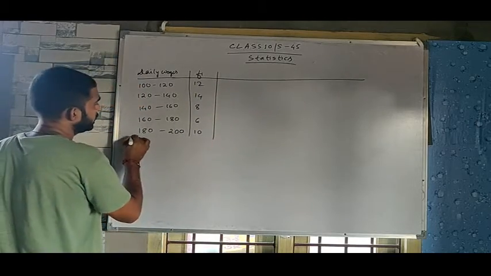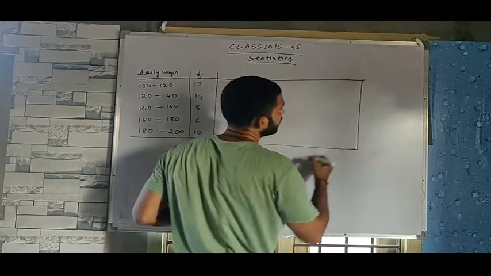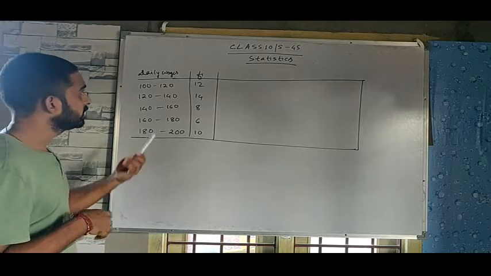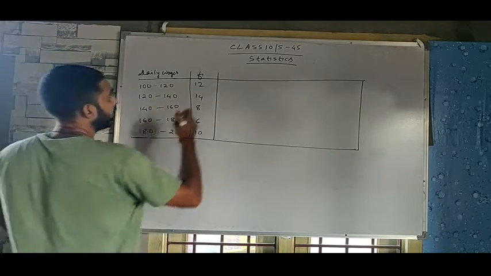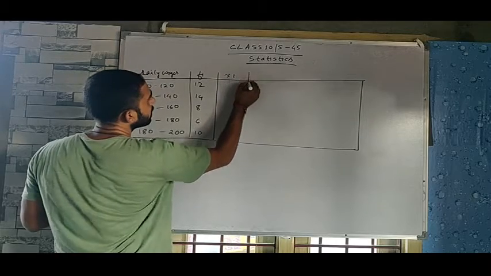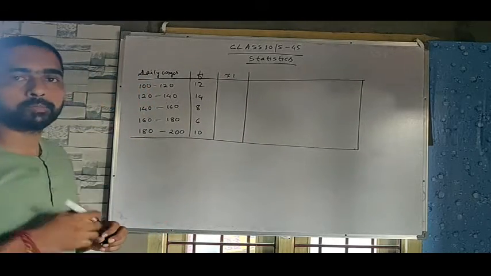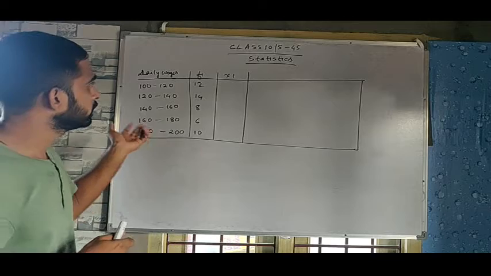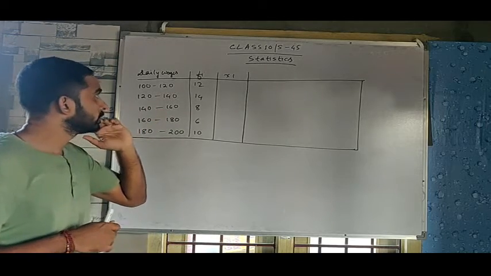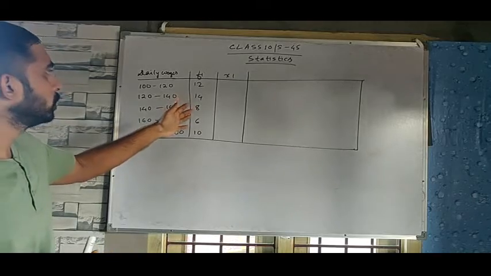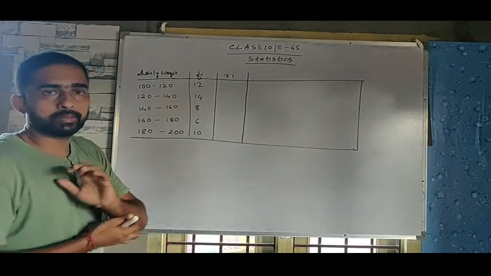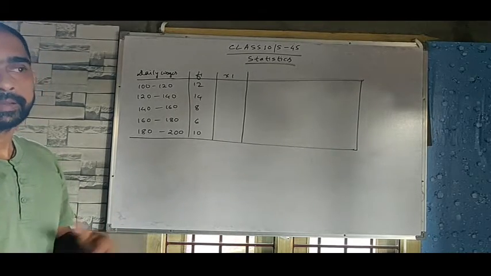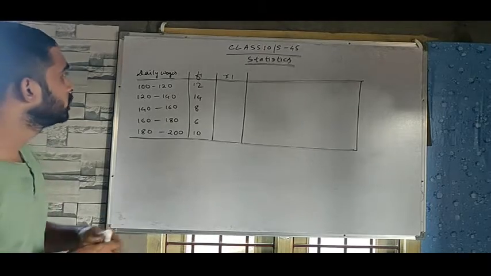Up to here the table will be given in the question paper. We have to find the mean of the given data. Same as the previous one, after fi we have to find xi, which means the class mark. We can solve this question by the direct method, the assumed mean method, or the step deviation method. In all three methods the answer is the same, but if the class marks and frequencies are large, then if possible don't use the direct method, because although the process is easy, we get large calculations.